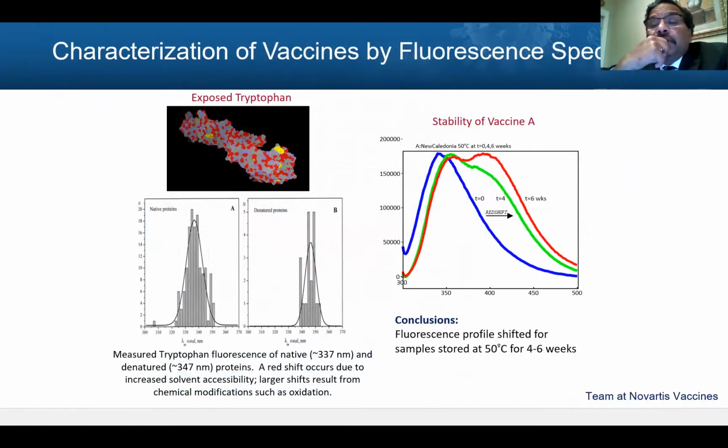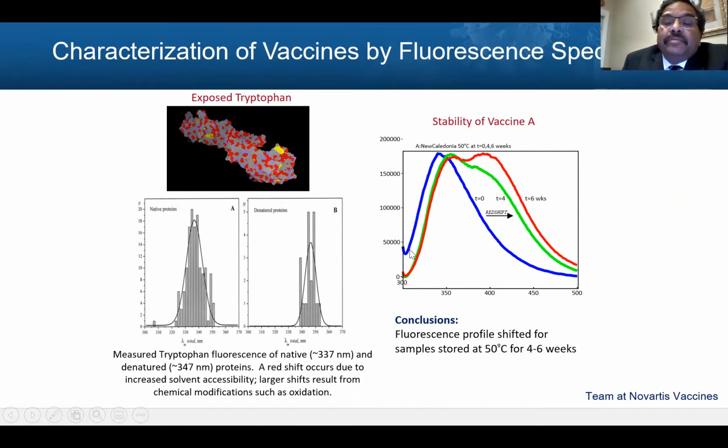Again, showing you the tryptophan fluorescence spectroscopy. Here, on the left-hand side is the conceptual idea. The tryptophan has intrinsic fluorescence, shown in red, and they get a maximum spectra probably around 340. But as the protein gets oxidized, the tryptophan changes color to greenish yellow, and that's where the spectra is going to shift to 350, 360.